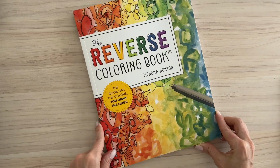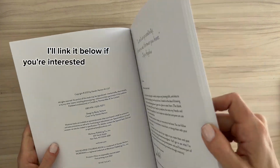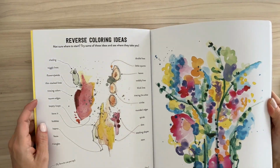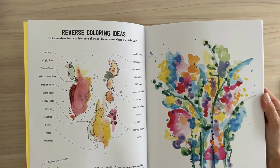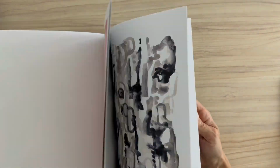Yay! Let's try this. Okay, so let me start by showing you this book in case you haven't seen it. I got mine on Amazon. I'll link it below if after this you're interested in getting a copy. First, we have a little intro by the author explaining how she came up with the idea, and then we have this page with ideas on how to reverse color. The idea is that the book has pages full of color and you add the lines, like the contour,